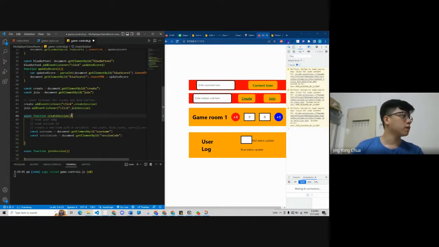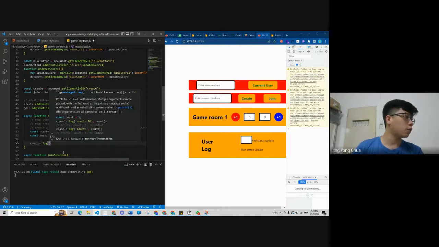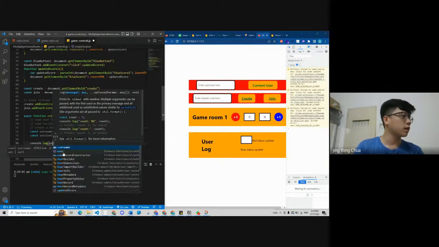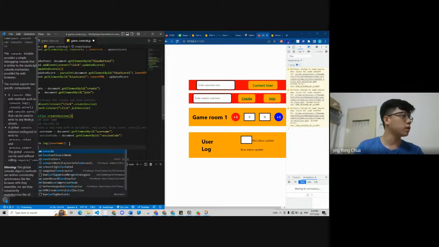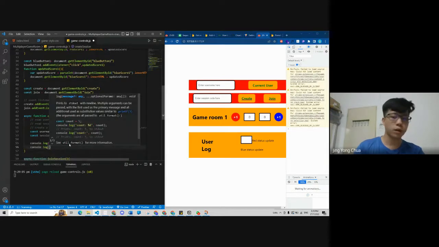All right, so now this is done. The moment I click on this, it should trigger it. Okay, so I should get two inputs. Okay, and now with these two inputs, I want to check what is our input first. So let's do a console.log and let's see our username, right? So how do we check it? We just put the curly brackets username, and then I want to console log the other one, and this one curly brackets also